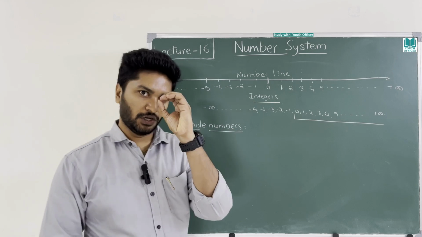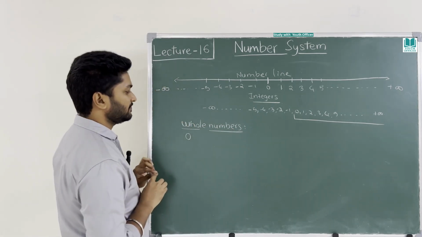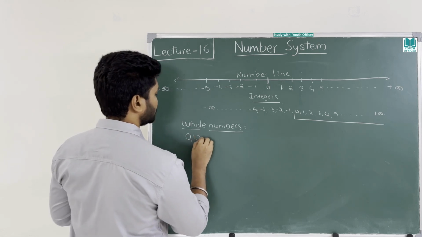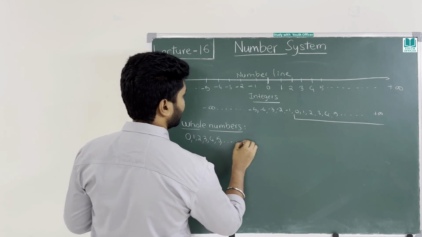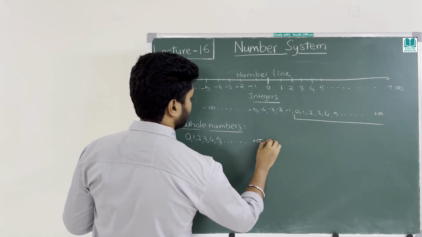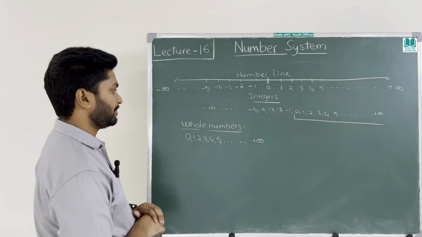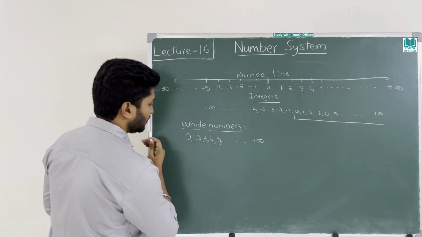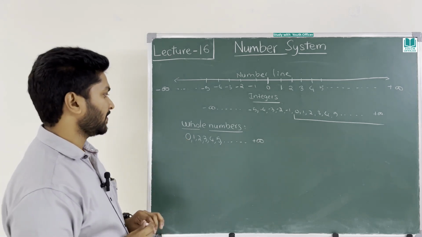Whole number has a whole. Whole means 0. It starts from 0, 1, 2, 3, 4, 5, and so on till plus infinity. These are called whole numbers. And if you remove this 0, because 0 was discovered by Aryabhatta,